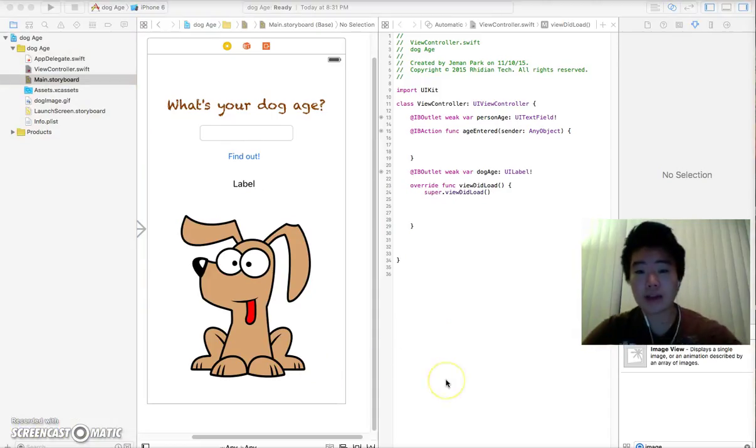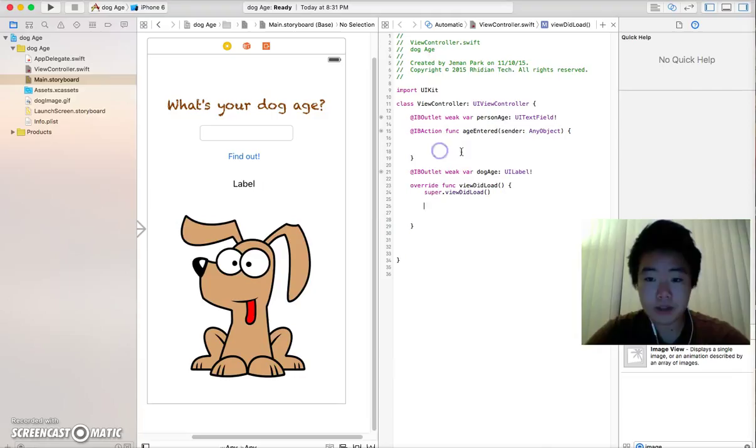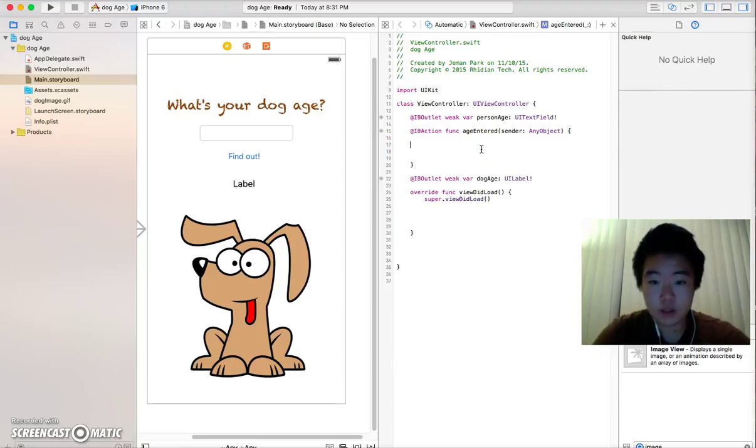All right, so I hope you had some time to catch up here. Let's get started. All right, so ageEntered. First we want to create a variable. If you remember, you create a variable by doing var. So let's make a variable, and what should we name it? Let's name it realDogAge, and that's going to equal